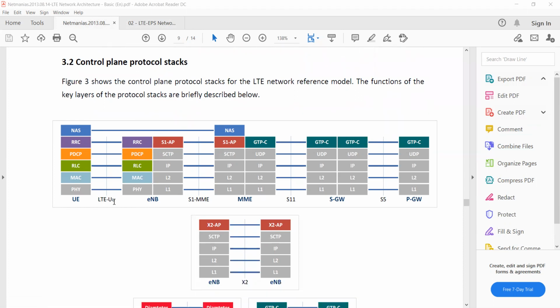You have to practice what each and every internal stack is in each and every entity, like eNode B, UE, MME, S gateway, P gateway. So please draw in your notes internal stacks separately, UE to eNode B till here. So this is UE to eNode B, one internal stack. Like that, eNode B to MME, internal stack, this whole thing.